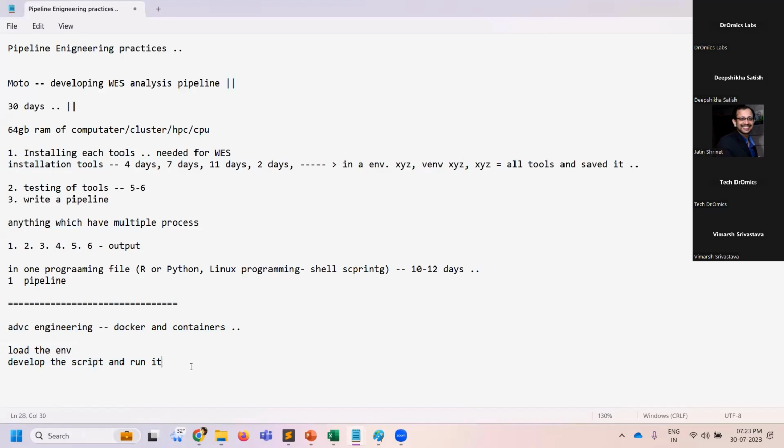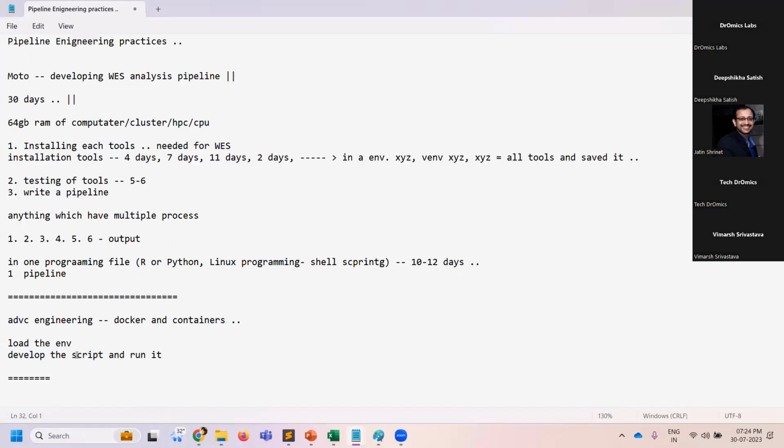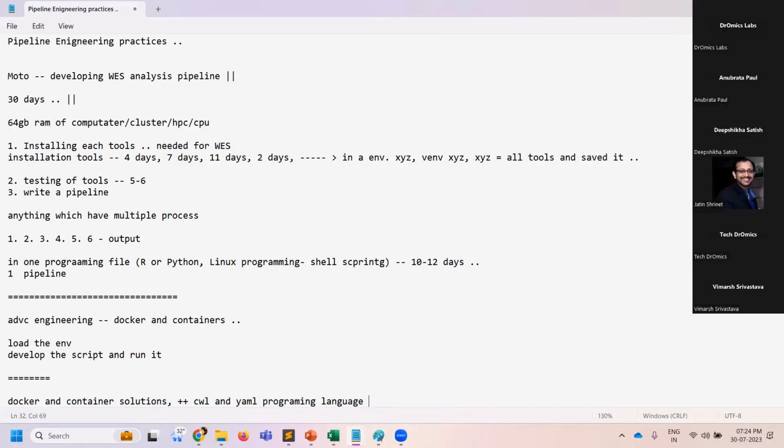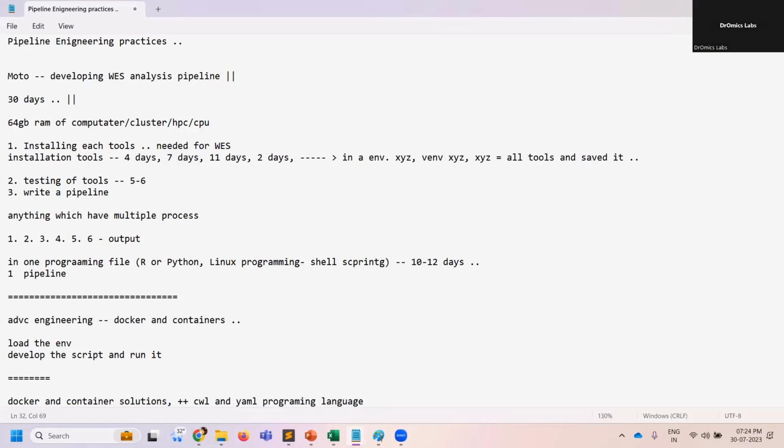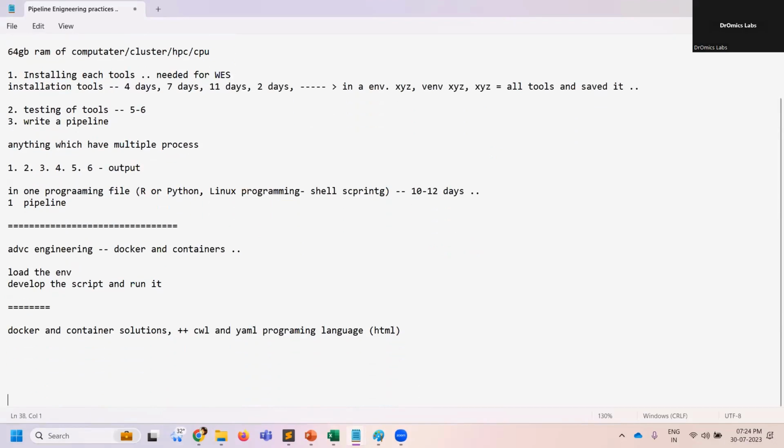In the last 6 to 7 years, what practice is going on? Using Docker and container solutions, you can do all those things. Also with that, you have to use CWL and YAML programming languages. CWL and YAML are not that difficult compared to R or shell scripting. Everyone may know it, but this is the logic of using CWL and YAML. This is very similar to HTML. If anyone of you knows what HTML is, this is very similar. So what we are going to do,